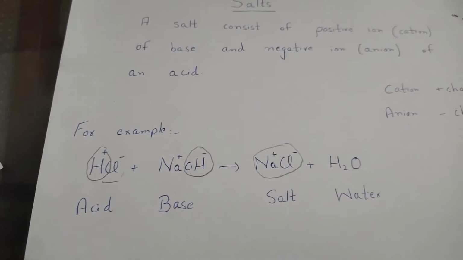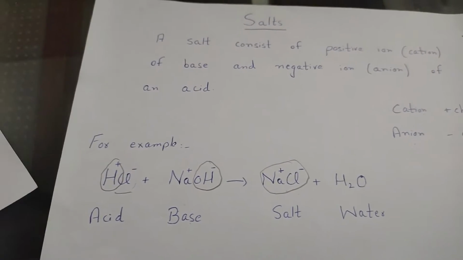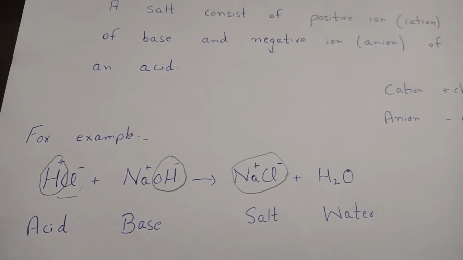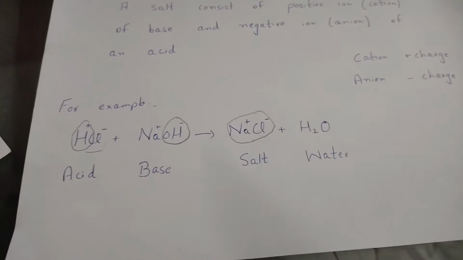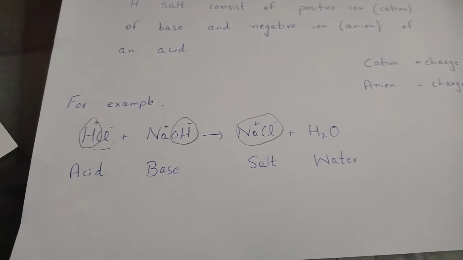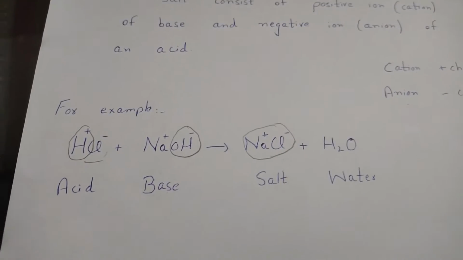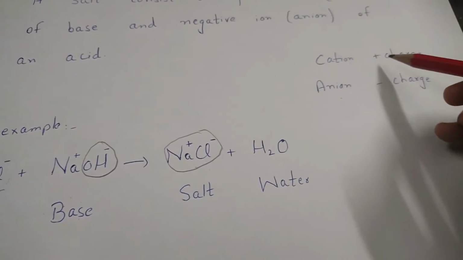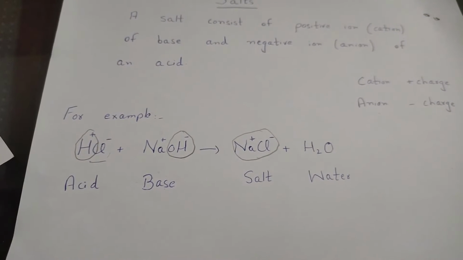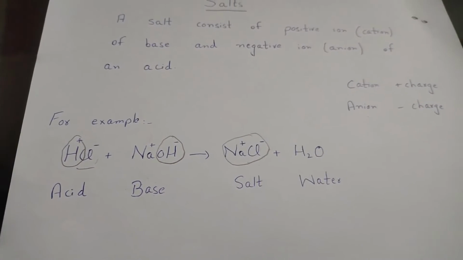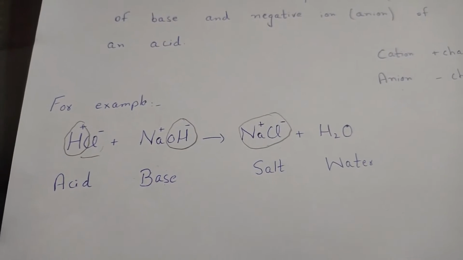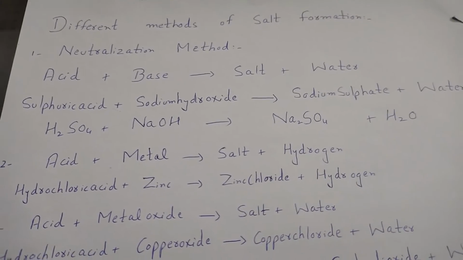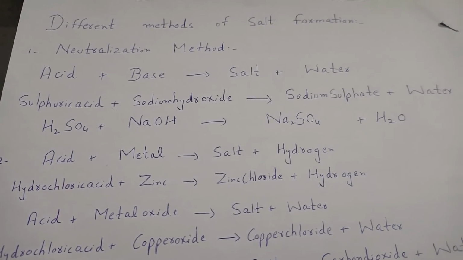Inshallah I will explain to you what is the difference between an alkali and a base and why I use the word base, not alkali. So this is the definition of the salt. There are actually so many definitions of the salt, but we will focus on this. And if you have any confusion about what positive and negative mean, we have already discussed it in our previous video, but sure I can tell you here. Now we will discuss the different methods by which salts can be formed. There are a lot of methods, but here we will discuss some.